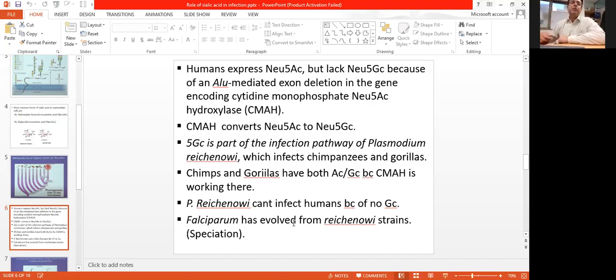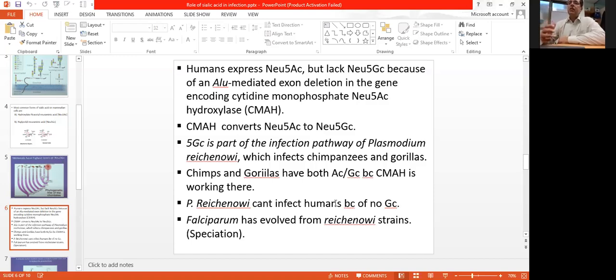That's why we say that malaria caused by falciparum is relatively recent in its origin. This Plasmodium falciparum has evolved from reichenowi strains. One of the reichenowi strains probably would have given rise to this falciparum, because when our ancestors, the